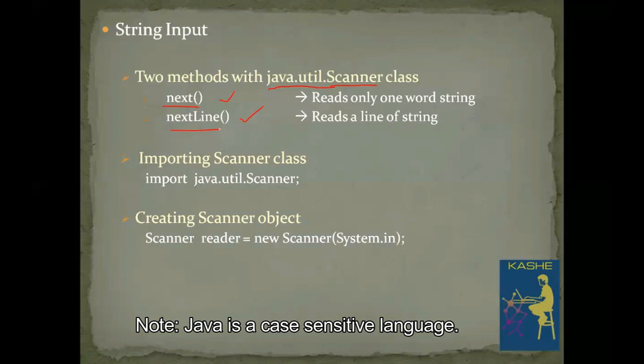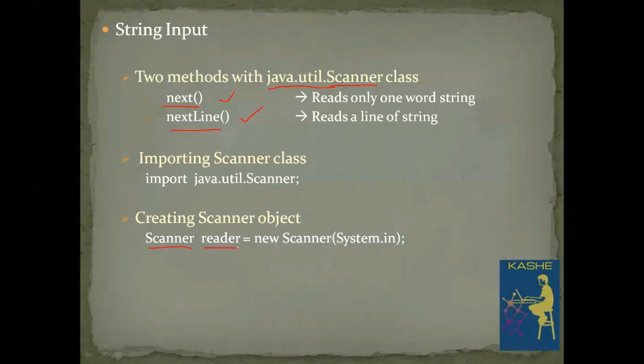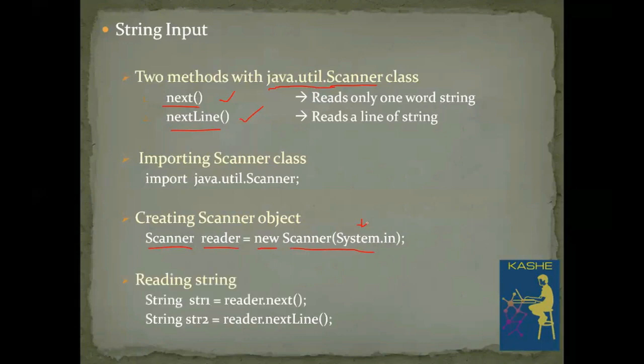So how to create an object with the Scanner class? Scanner is the class we have. Now I am using the name radar for that object. After that, I am using the new keyword, and then this is the constructor we have. For that constructor, I am using the input parameter System.in, which represents the standard input stream. So after creating this Scanner object, we can make use of the next and nextLine methods to read either a single word or multiple words with that Scanner object.